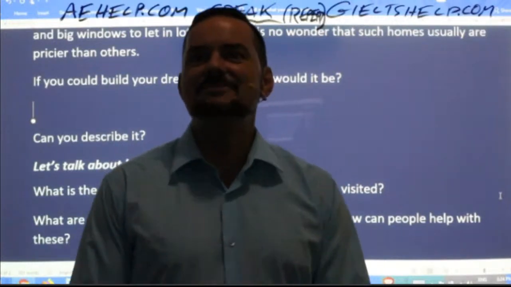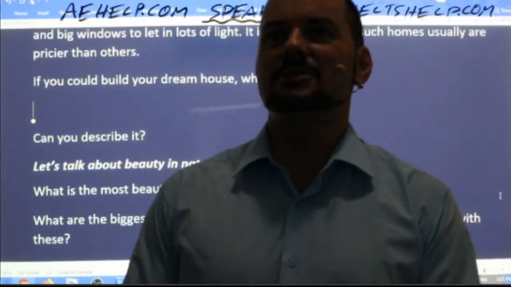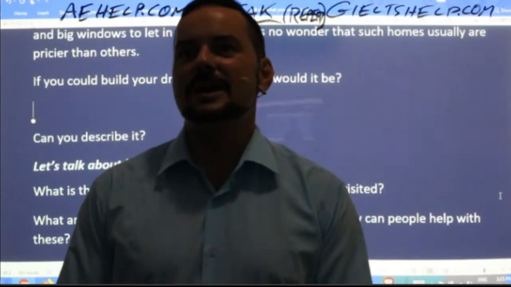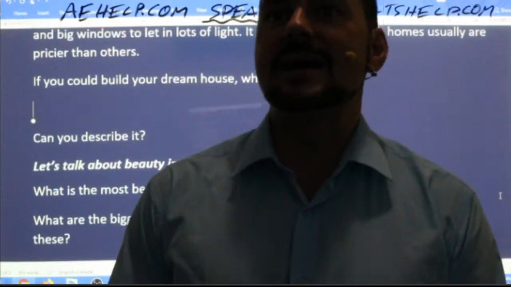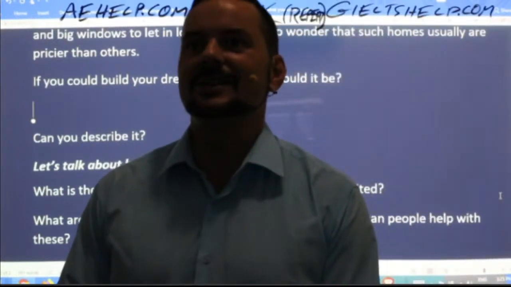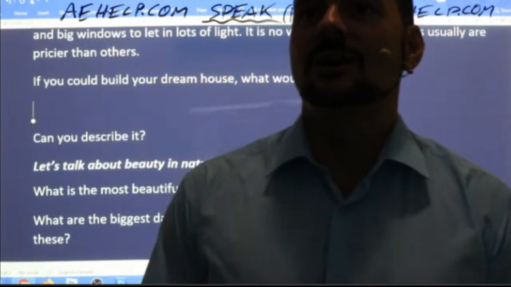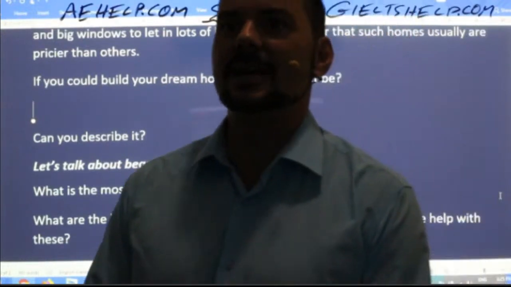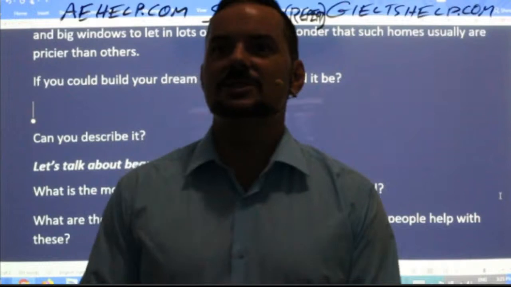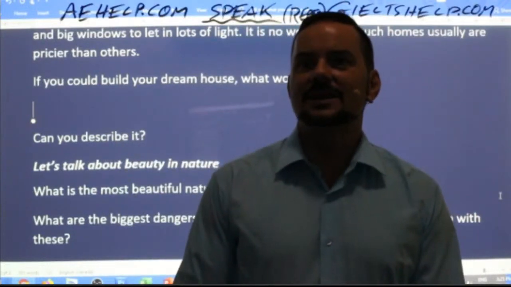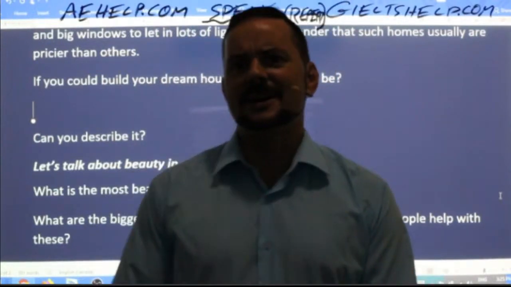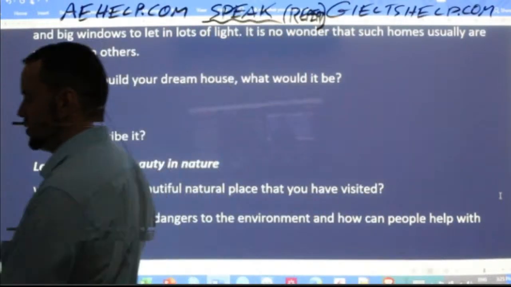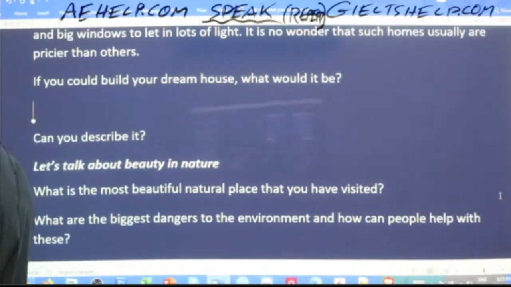All right, Anne Bowie says, if I could construct my dream house, I'd imagine that it would be a penthouse on the top floor of a high-rise building, slap bang in the city center, where I could get a panoramic view of the city and the stunning landscape. Also, this place would be yellow on the outside and white on the inside to create a bright and airy living space. Nicely done, yeah. Penthouse, downtown New York, Central Park. That would be quite amazing and worth millions and millions and millions of dollars. All right.